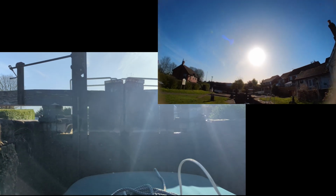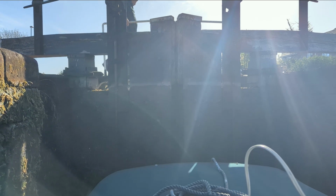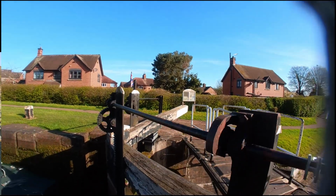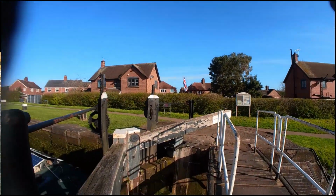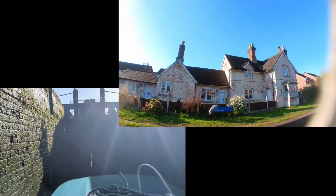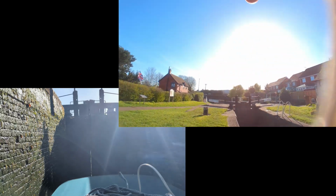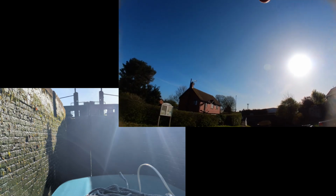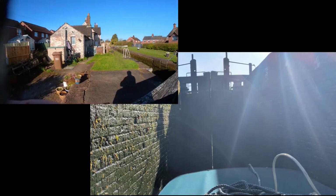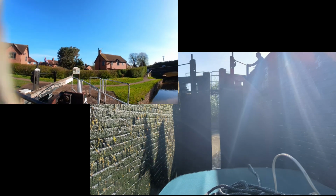Right, okay, so second paddle. Right, now back to the boat. Okay, boat looks good. So now close the paddles and get the gates open. Yeah, no bother at all. So before I leave this side,